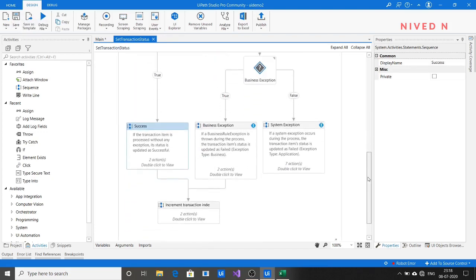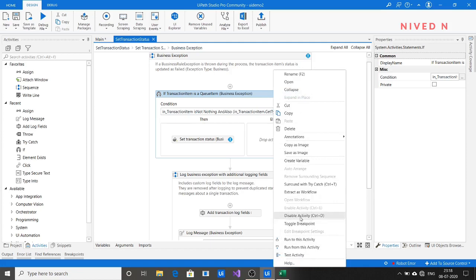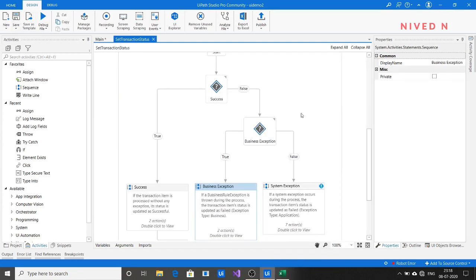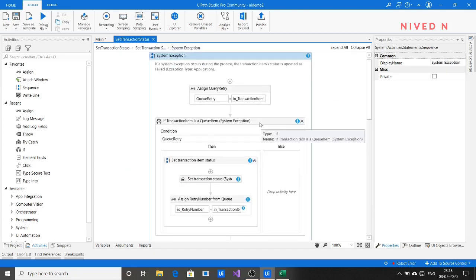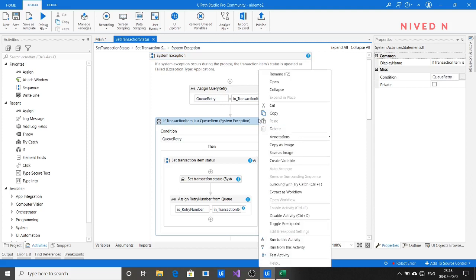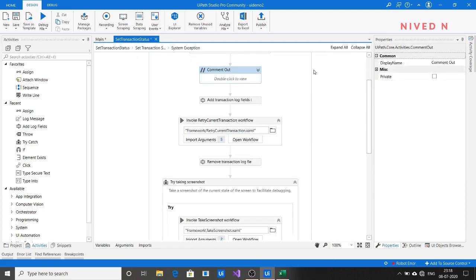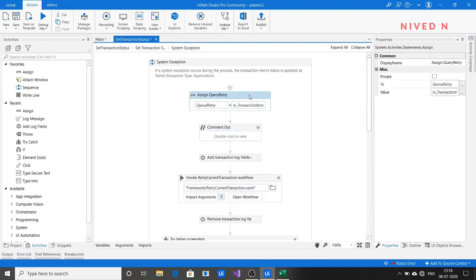A similar procedure we have to do for other conditions. Here also we have to disable it. Click on save and then go to System Exception and disable this activity also. And here also we have to disable this.